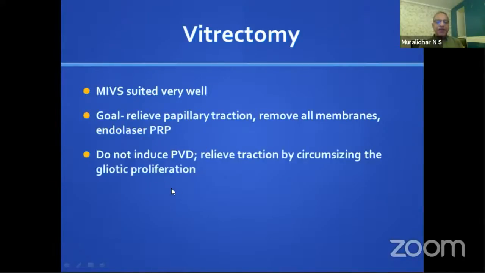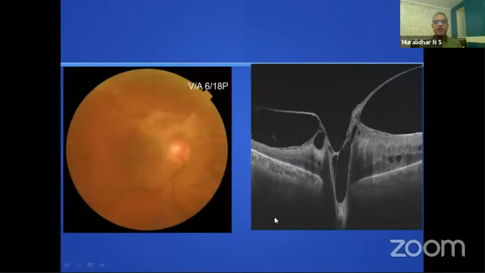And here I would again emphasize what Satish said: do not induce PVD by suction and pulling. Here, as I said earlier, I don't really remove that membranous tissue from the disc. I would rather leave it on the disc after relieving the traction by circumcising around it. You just have to circumcise these membranes, and then the disc proliferation, disc traction is relieved, and the